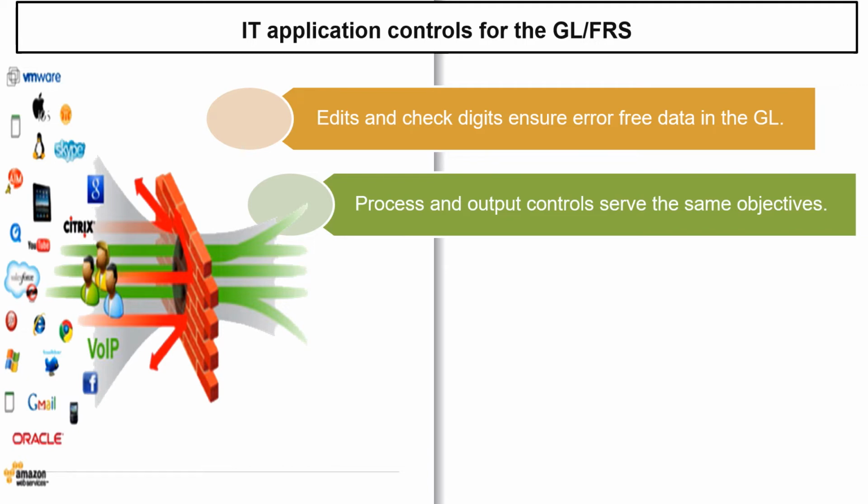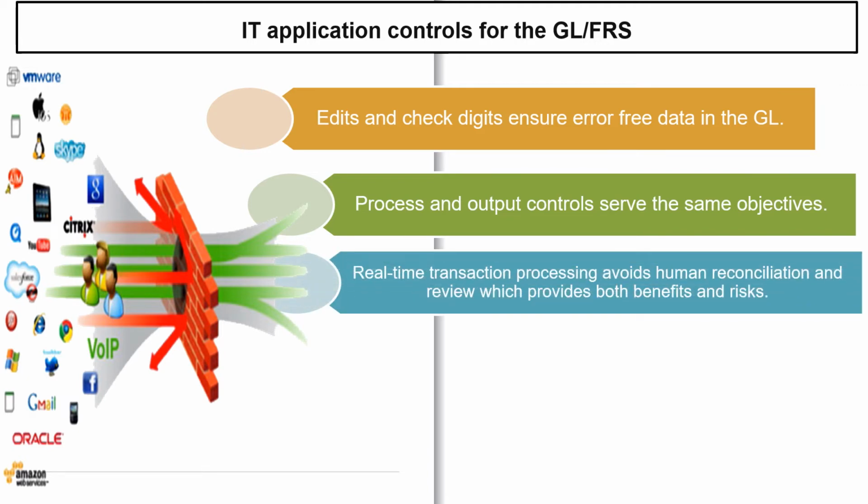In terms of processing, if you recall, we have some batching process, using the logical or the log file within the system to record and play the role of what we call the trial balance, the audit trail. Okay, and then by implementing more real-time transaction processing, we will avoid the human reconciliation and review,